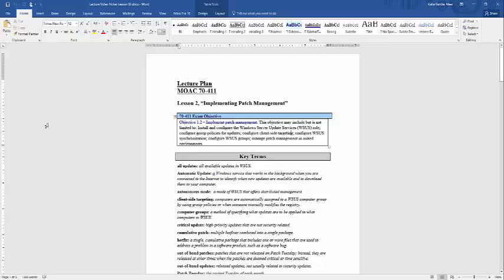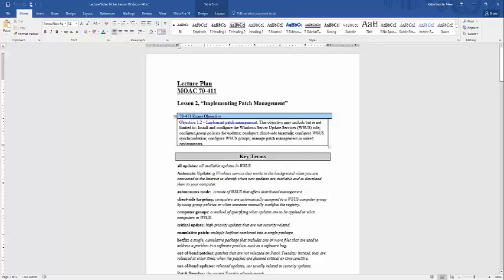exam for the 7411, and we're looking at objective 1.2. That's the topic we're studying in lesson 2. Implement patch management. What is included in this objective is installing and configuring WSUS. So you'll do that in your lab.